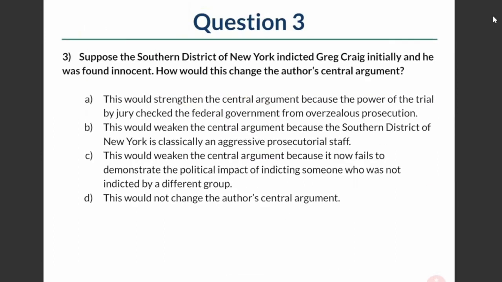Question 3. Suppose the Southern District of New York indicted Greg Craig initially, and he was found innocent. How would this change the author's central argument? A, this would strengthen the central argument because the power of the trial by jury checked the federal government from overzealous prosecution. B, this would weaken the central argument because the Southern District of New York is classically an aggressive